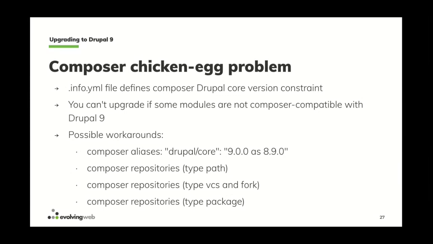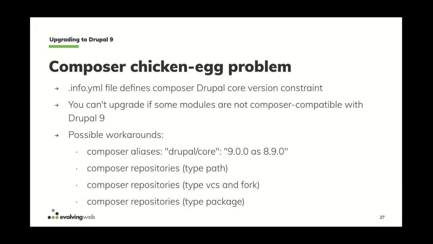The next 3 options are using a similar approach, which is using composer repositories, but they are using different types of repositories. So let's start with type path. For this option, what is done is that you download the contrib modules to any path in your repo out of your document root, and then you add a type path repo to the composer.json so that it will get the repo from this other folder where you place the, let's say, module code, and then it will work, it will install the module,